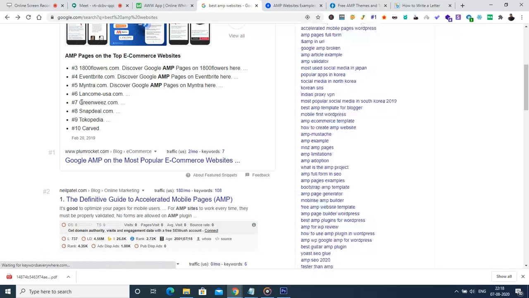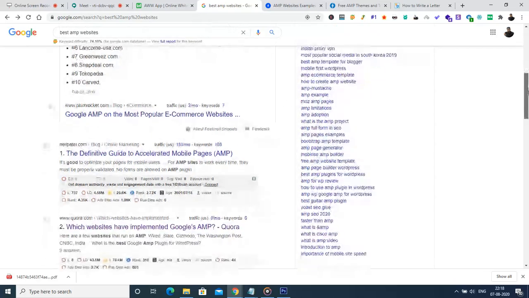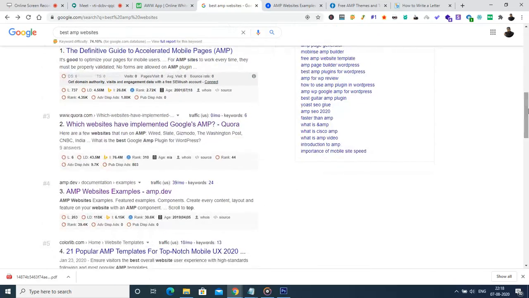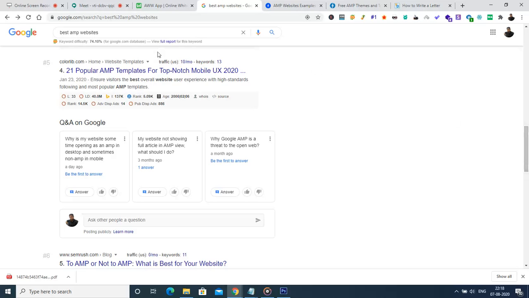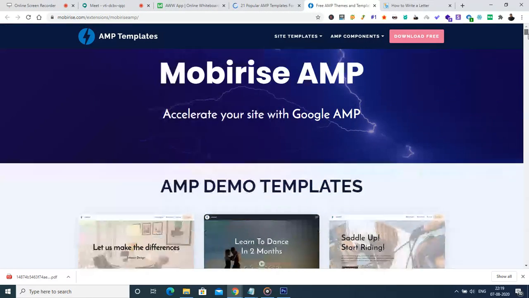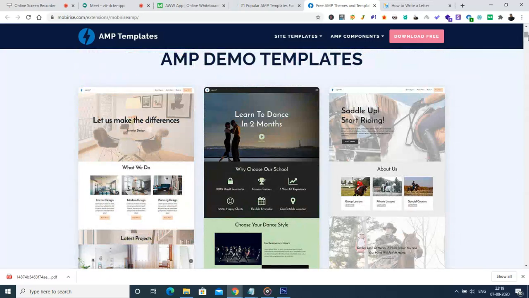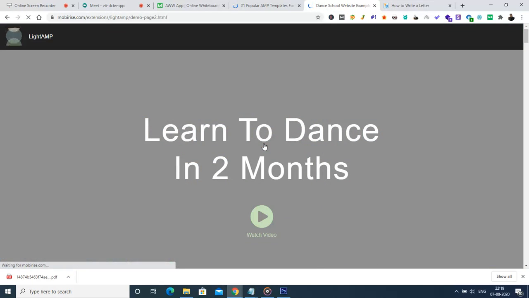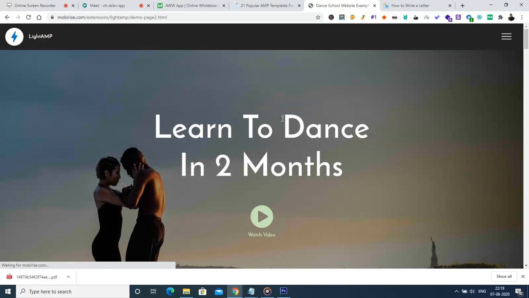Snapdeal. We have some of the AMP version demos which are available for creating a website. This is a page which has been created in the AMP version.